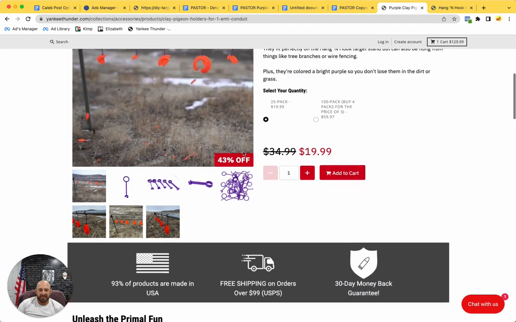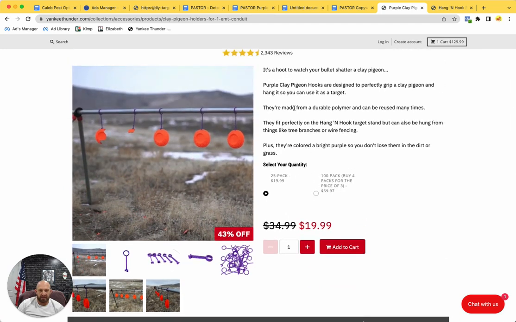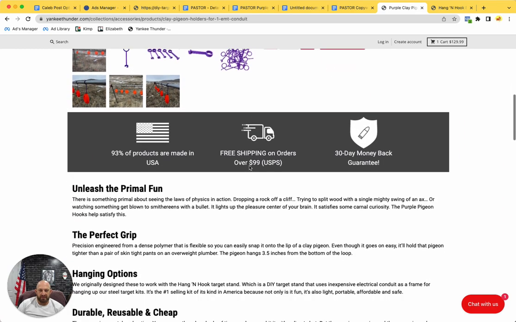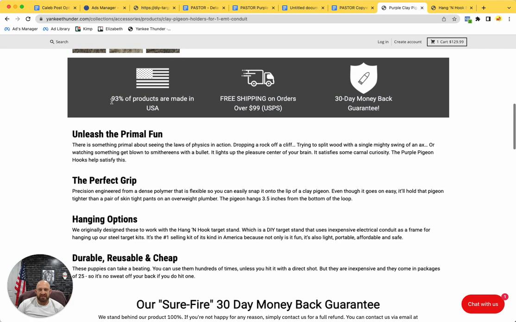That's a summary of some high-level things, but each one of those has a benefit. Durable polymer. Why? So it can be reused many times. They fit perfectly on a hang and hook, but can also be hung from other things. They're colored bright purple. Why are they colored bright purple? So you don't lose them in the dirt. Right? Then I have some pictures, and you can see I still have some of my stuff like American made,